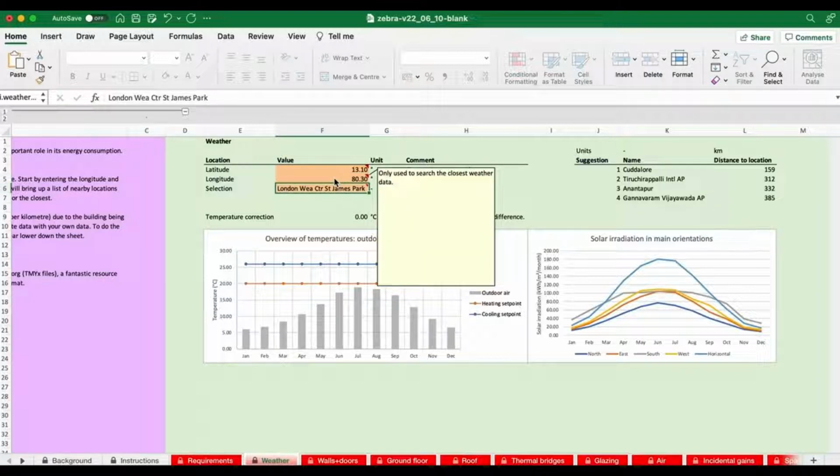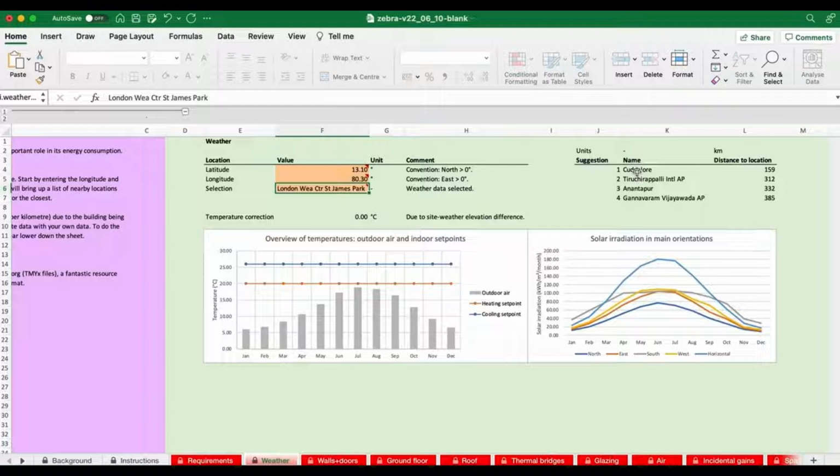Now, having done that, you will see on the right-hand side 4 possible locations for the building, and by that I mean these are the locations of the weather file. So we're going to fake the building into one of these locations.